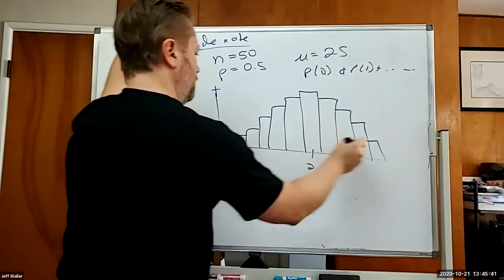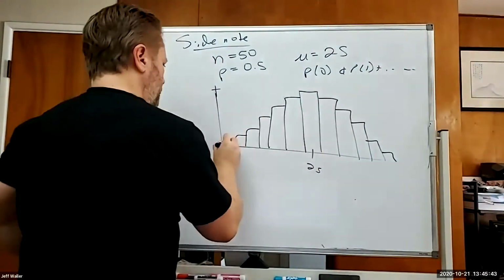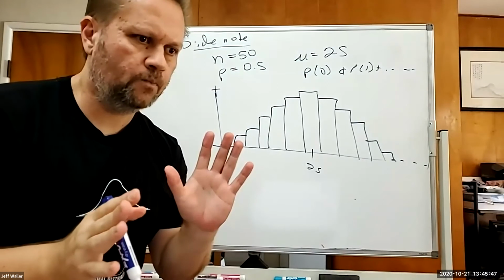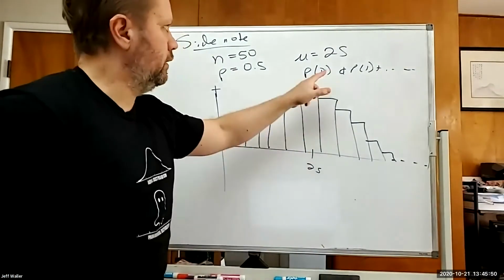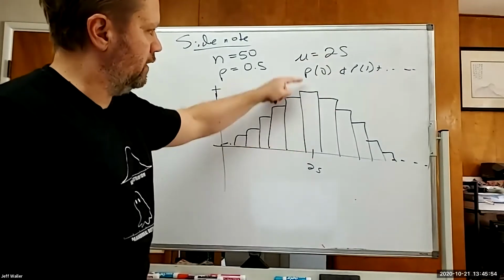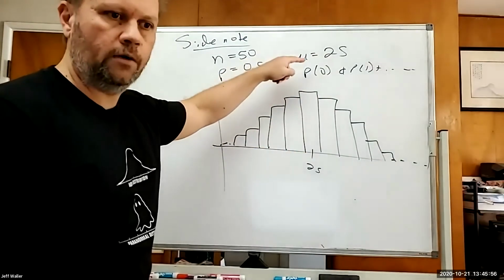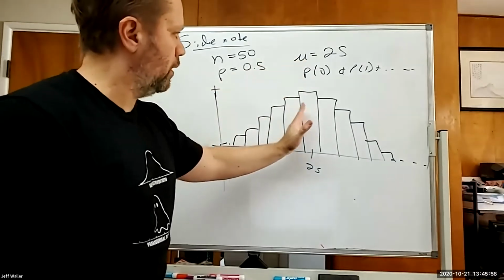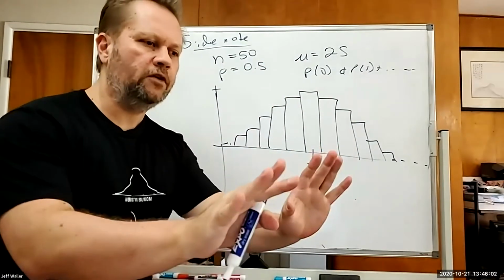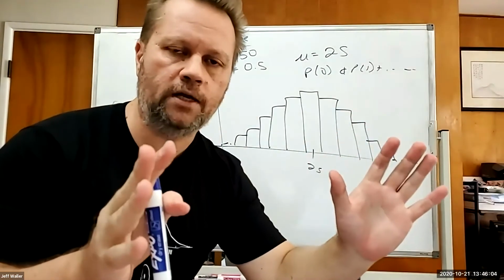Let me stop for a minute. Are you guys semi with me? The mean is the expected value, so it's going to be the tallest bar, or close to it. The minute you go away from the mean, it's going to be a smaller probability. Just to get a feel for that and for a beautiful little review,